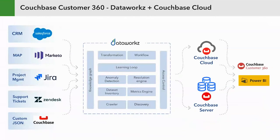And I can stand here and say it's working. Then finally, at the end, on the right-hand side, we are able to attach both an operational application. So that Couchbase Customer 360 is a custom-built application that we are using to give our end users, our internal teams, an operational and interactive view to their own data, as well as attaching, in our case, Power BI, but